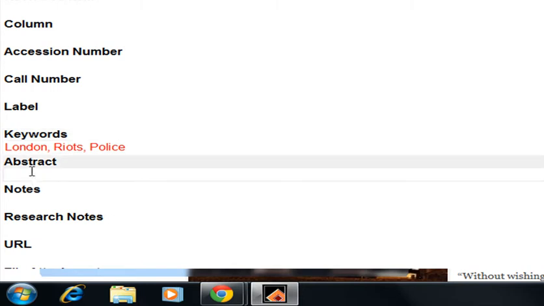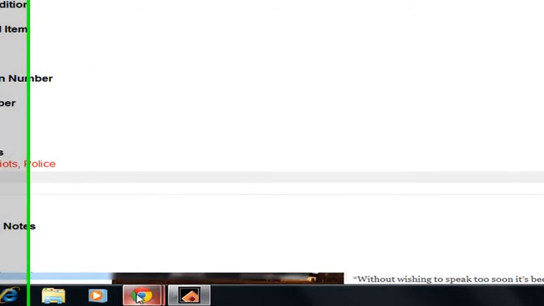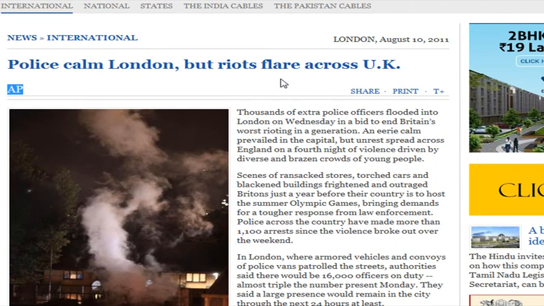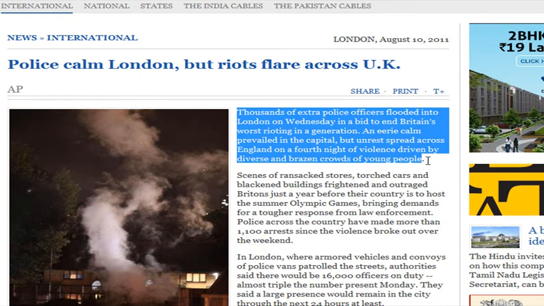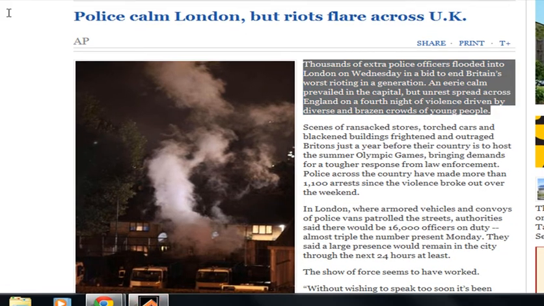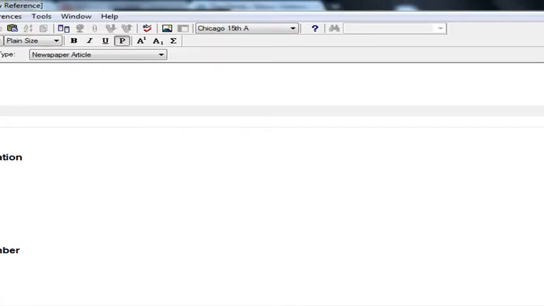Now, abstract in EndNote's language is the line or the paragraph which you want to cite from the source. For example, I want to cite the whole paragraph, so I will copy this and I will go to EndNote and paste it in the abstract.